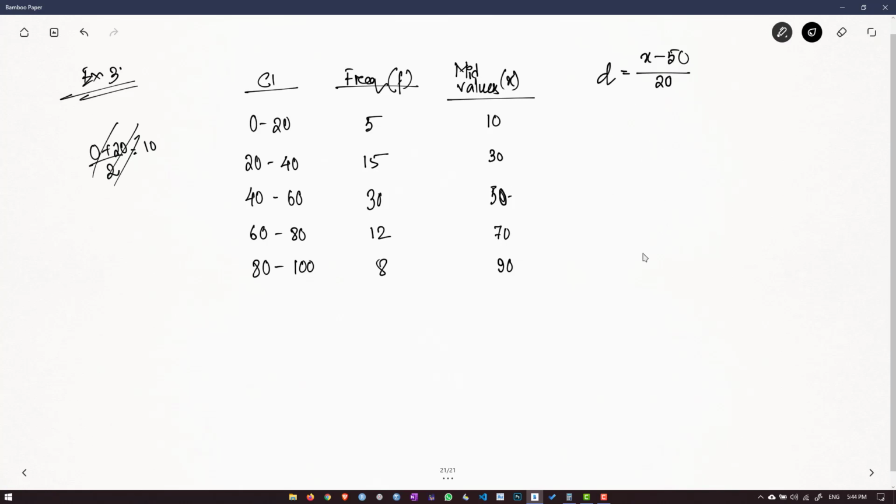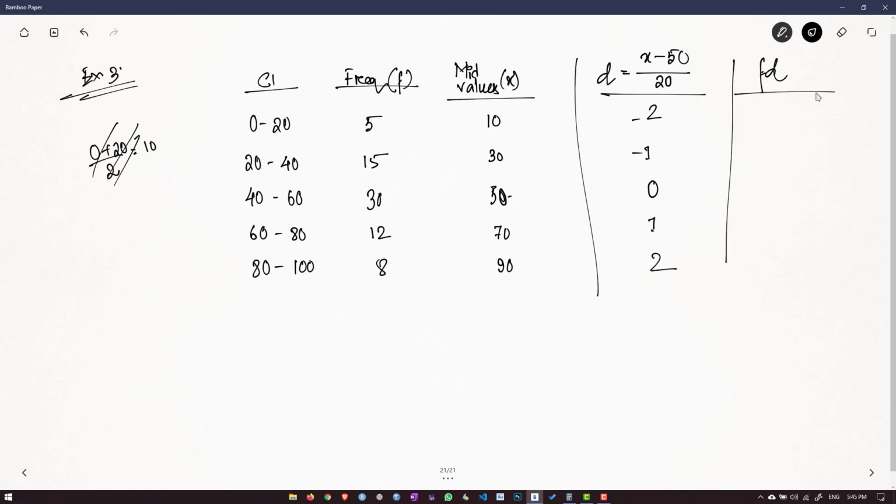So writing down this value is quite easy once you get used to it. The middlemost value that you are subtracting will always give 0. And if they have a common gap between them, in this case 20, then the others will be minus 1, minus 2, 1 and 2. You don't even have to calculate it. You can automatically fill this column. D is minus 2, minus 1, 0, 1, 2, right? D. So now we have to find out F into D,